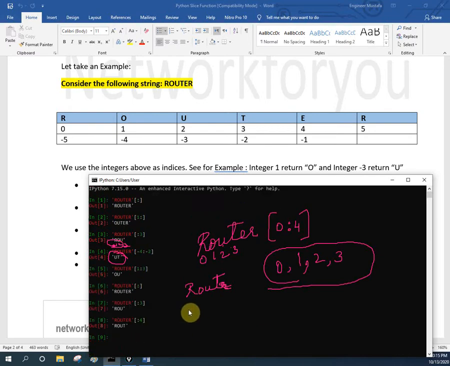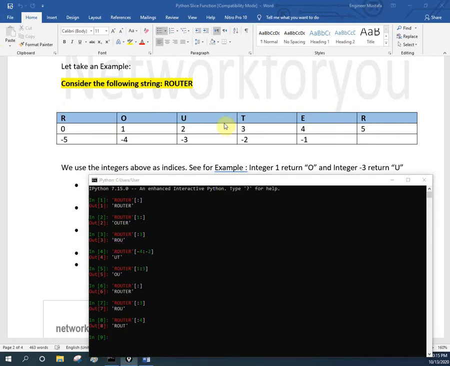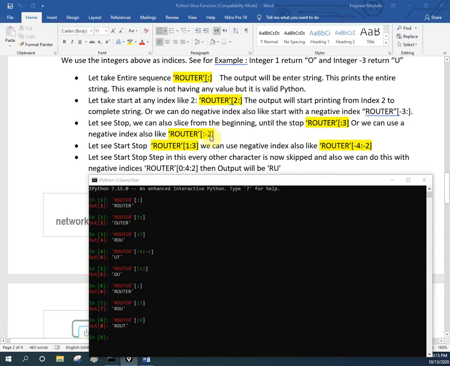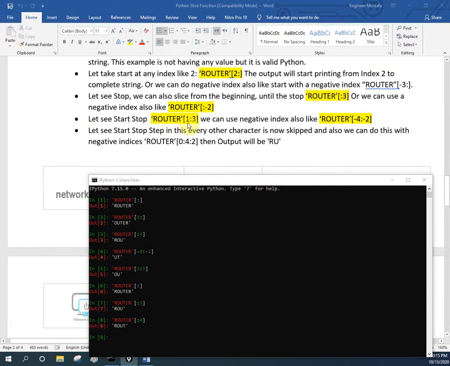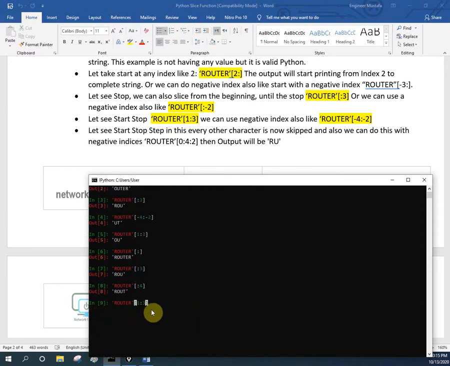If I put enter, ROUT, whatever I mentioned, that one. Okay, no confusion, right? If you have confusion, write in the comment. We will try to help you. And here if I want to put any range, I can put the range. Here starting I did not put any range. Now example, if I want to write any range, example, start from 1 and end from 3.